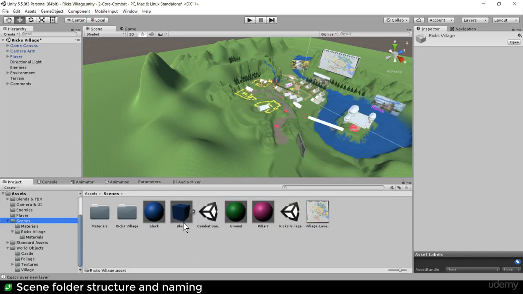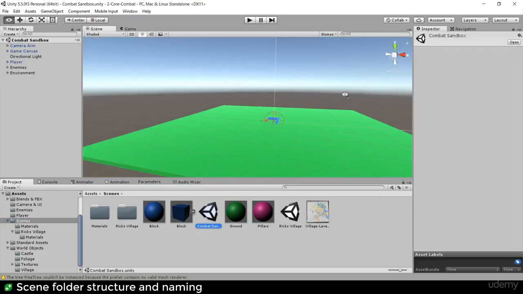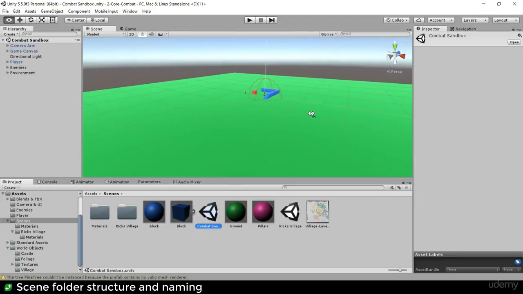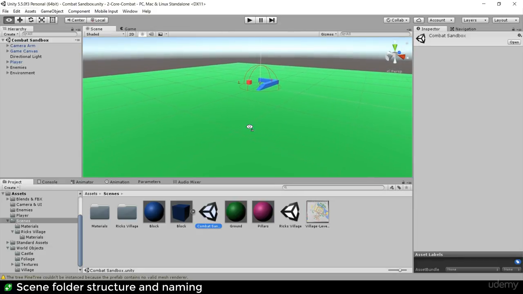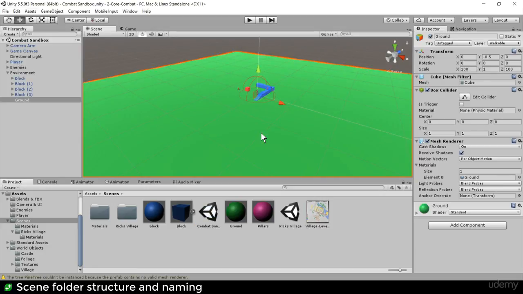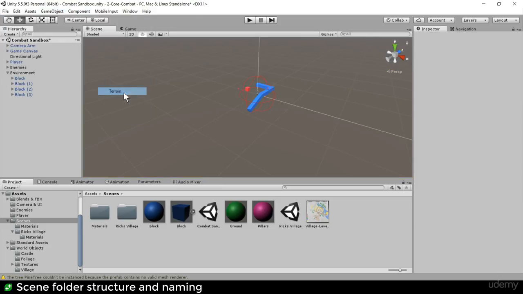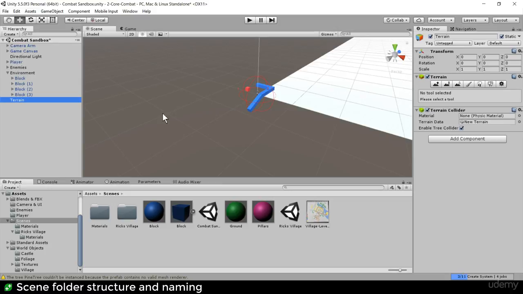Now let's talk about scene layout in another way. I'm going to show you something over on my combat sandbox for a moment, which is that we have a ground plane in here. Why did I use a cube? Just for simplicity. The order in which you introduce ground complexity, in my opinion, is you start off just with a cube because that's all you need. And then you go, actually, well, a cube's no good, so I'm actually going to get rid of it. We want something a bit better, which is a terrain, so I'll go ahead and do that. And then later, we end up possibly needing to change this terrain for a static mesh